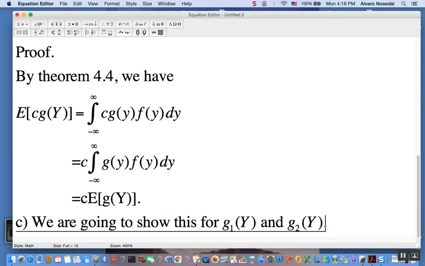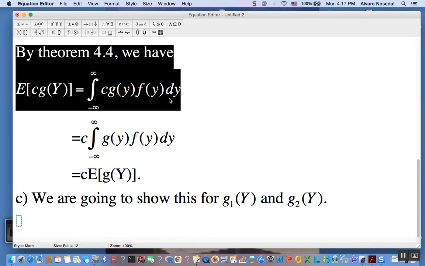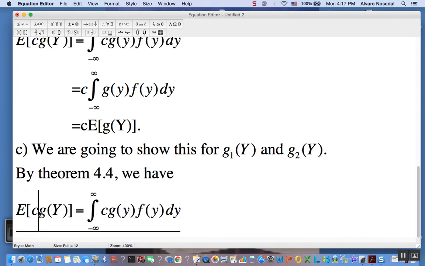So the proof, as I said, will be similar if we had more terms in that sum, but I don't want to write too much. I don't want to spend too much time writing, okay? So again, guess what? We're going to be using theorem 4.4. No surprise there, right? So what we would have here is g1